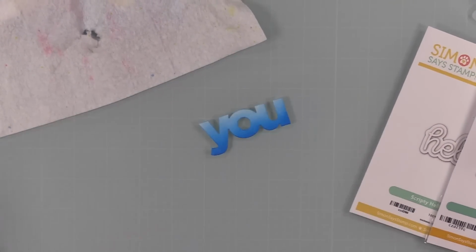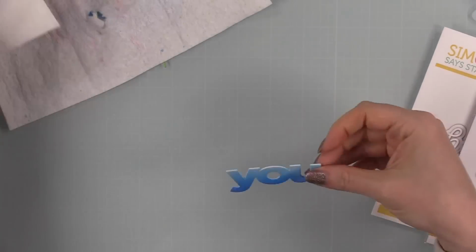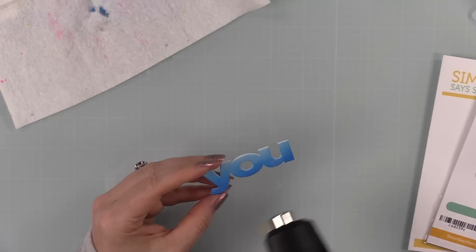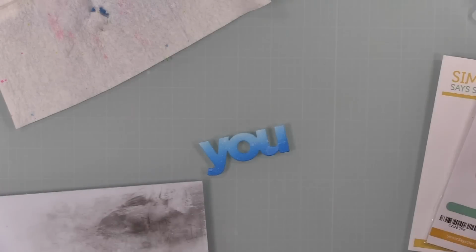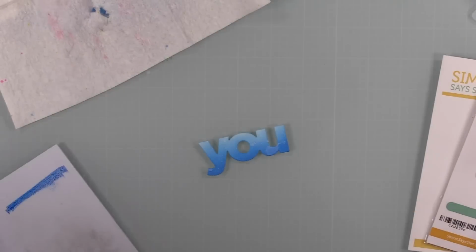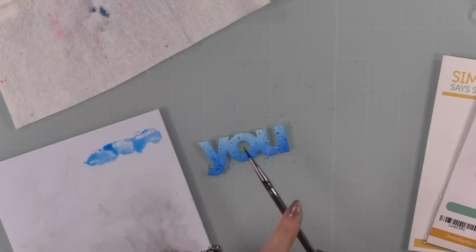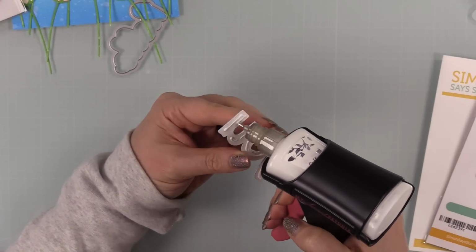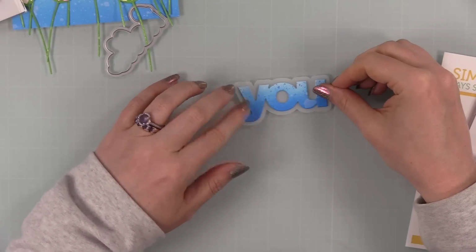I'm going to add a bit of water splatter, which I will speed up the drying of with my heat tool, because I don't like adding splatter after you've sprayed anything with water. If it's still damp or wet on the cardstock and you go to add other splatter, the other splatter can bleed out, and you end up with splotches instead of actual splatter, if that makes sense. So I dried that really quickly and then added the blue splatter, just like I did on the background. And then once that was dry, adhered that to the outline that I'd also die cut